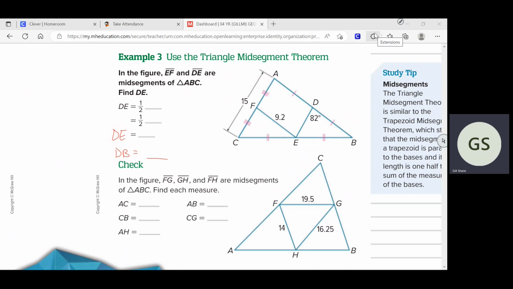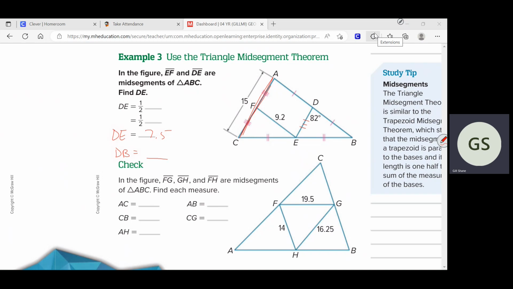All right, so again, using the cheat sheet method, this is pretty simple. If I want to know what is DE, what do I need to do? I need to find the parallel line, which is 15. So this is the parallel line. I either multiply that by 2, or I multiply it by 1/2, or divide by 2, which is the same as multiplying by 1/2. So what do you get? Got that one done. Now I could also say this is 7.5, that's 7.5, which means this is also 3